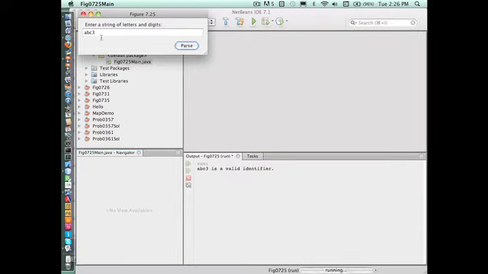Yay! Isn't that exciting? And it doesn't matter how long it is. What is this? Valid identifier. ABC and so on is a valid identifier, right? On the other hand, if I put a 2 here, what's going to happen? 2 and so on is not a valid identifier, right? So if it starts with a